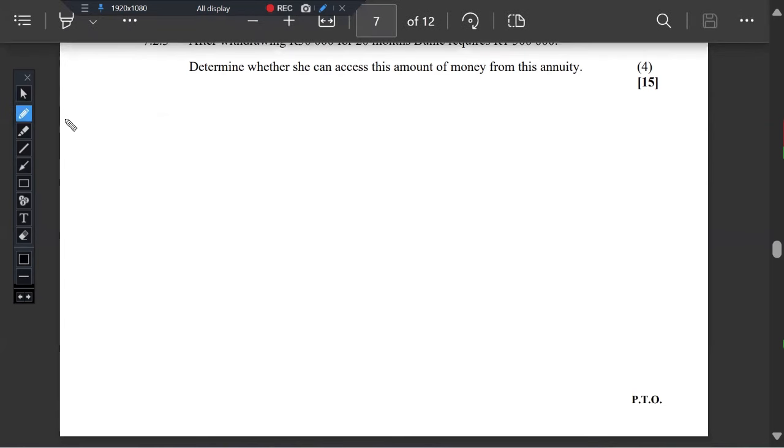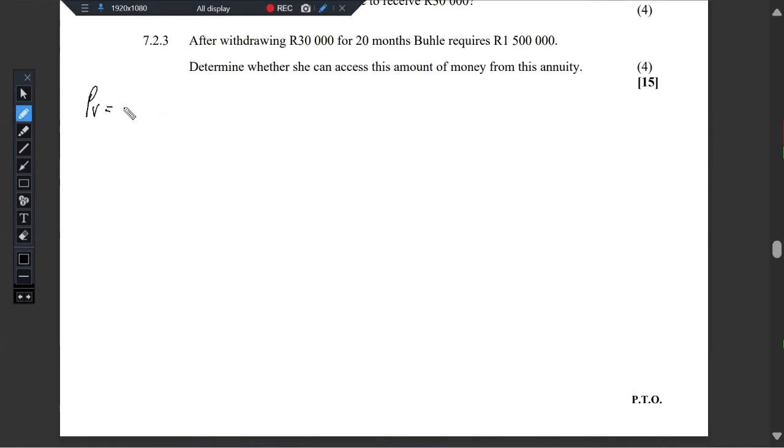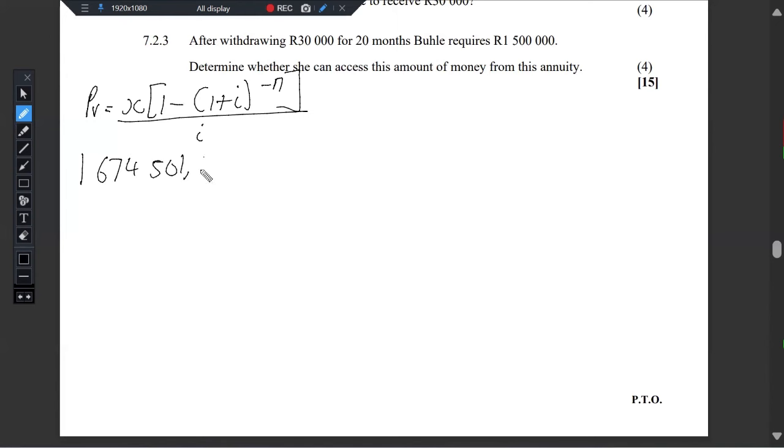So present value, and then x times 1 minus (1 plus i) to the exponent of negative n. If you forget this formula, you have your formula sheet, it is there. Remember, this same amount was invested, the one that we got from the future value. So it's 1,674,501.44, and then is equals to, she is withdrawing 30,000 per month, and then 1 minus 1 plus, the interest